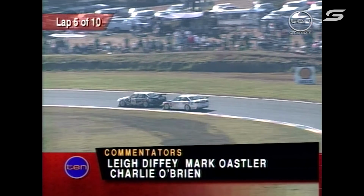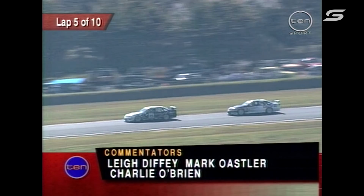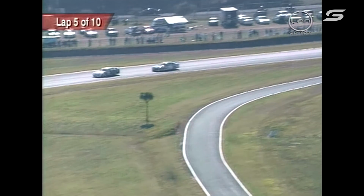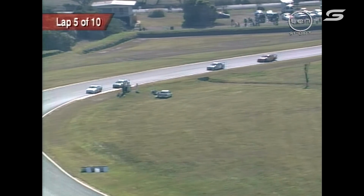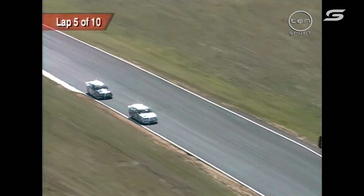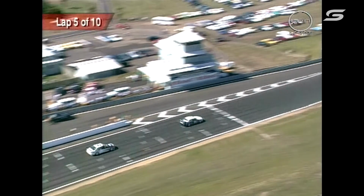All the way back, Murphy, Ingle, Perkins, Bow, Jones, Johnson, they're all in this big pack, and that great shot. High up, panoramic view of Phillip Island as they bring it on 200 kilometres an hour onto the main straight. Fantastic battle amongst the V8 supercars. We're approaching half distance. To Glenn Seaton, let's not forget about our race leader, but we're watching this great battle